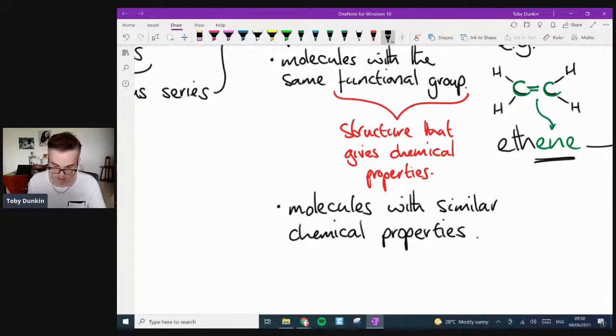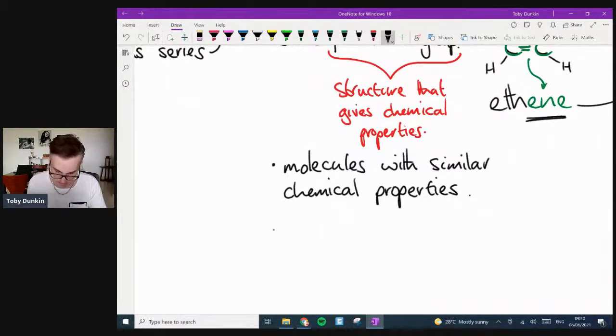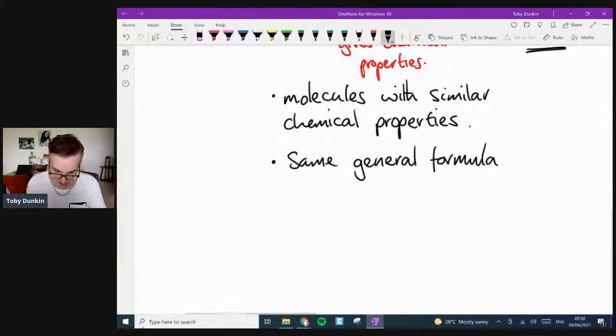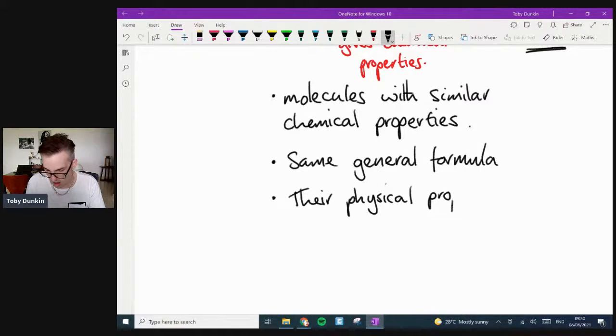Properties. They have one more property as well. Same general formula, they've got two, sorry. Same general formula, I'll explain that later. See later notes. And the last one is their physical properties. Physical properties increase in a trend